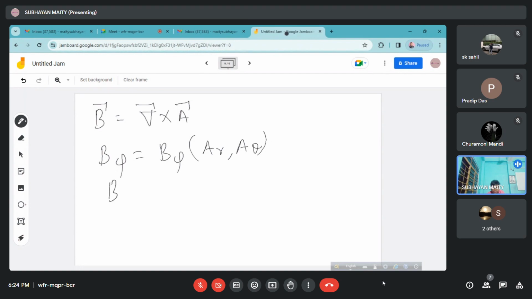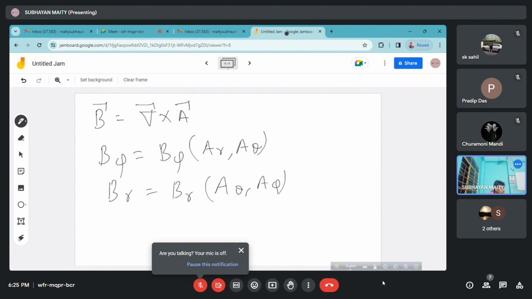And B r will be the component of A theta and A phi, because while making the curl, if I say I will find the x component, the x component does not contain x; it contains y and z. Now if you ask what B phi will be,